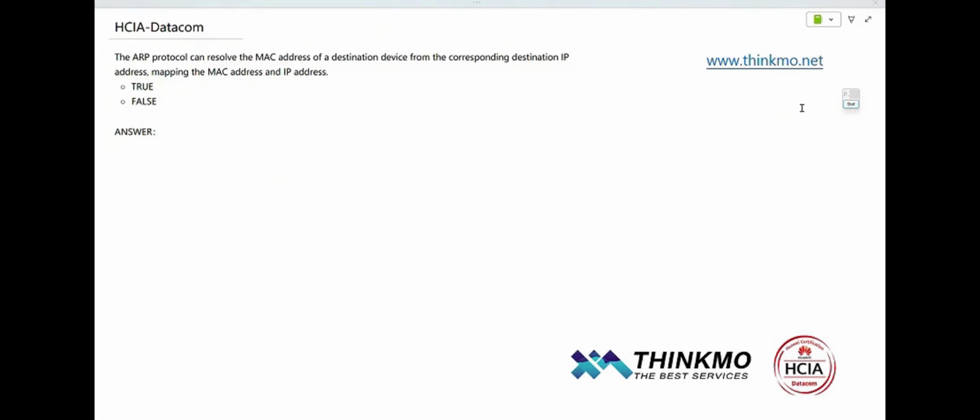This question is asking us whether the ARP protocol can resolve the destination device's MAC address from the destination address. In this process, it allows us to map MAC addresses to IP addresses, which is correct, because ARP is essentially used to find out the MAC address when we already know the IP address. At this point, it usually asks who is, for example,